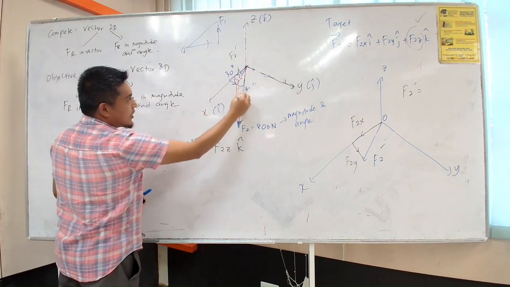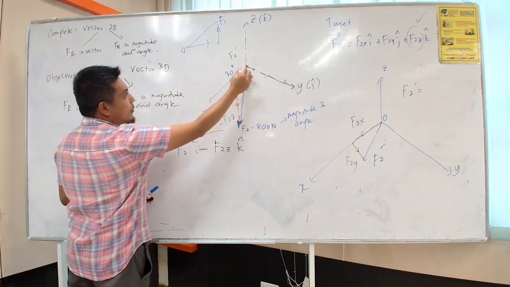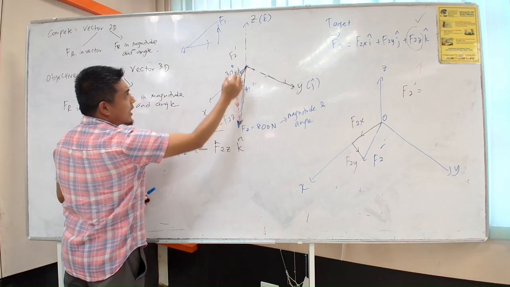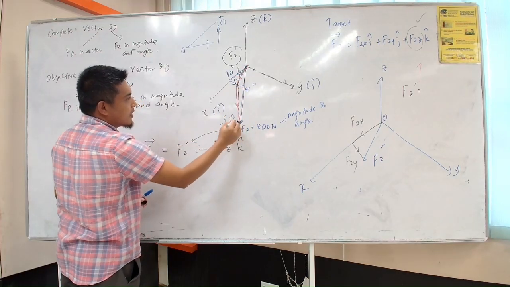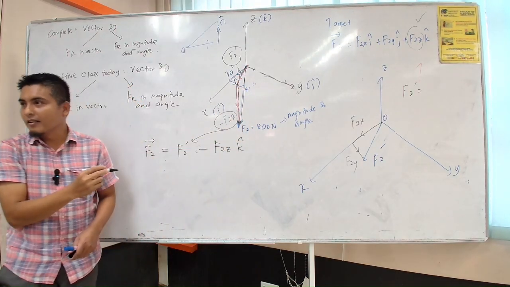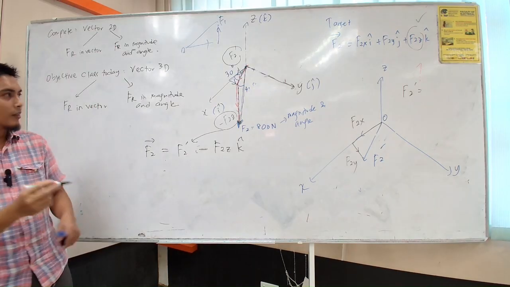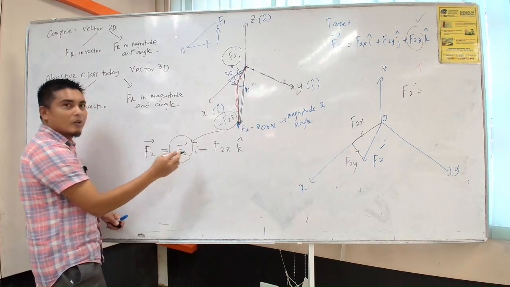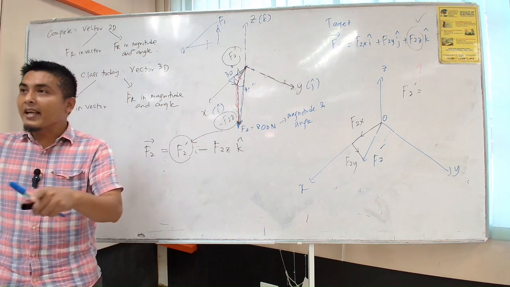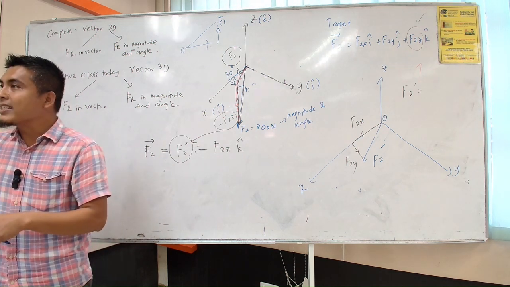You look at F2 here, is a combination of F2 prime plus with negative F2Z. Okay? So this one. But the F2 prime, we need to separate to X and Y or I and J